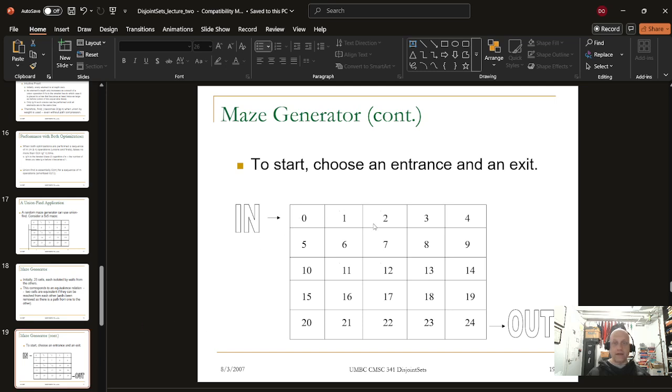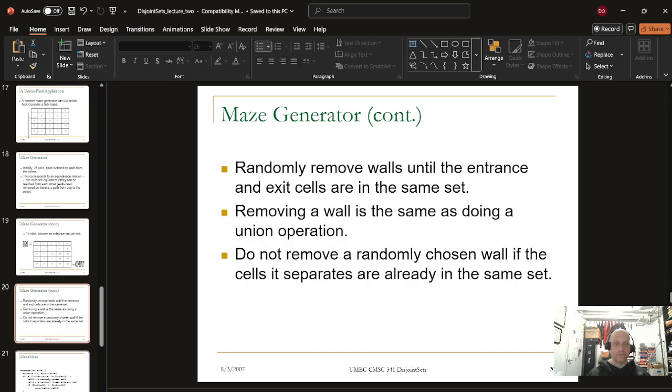So you have an entrance and an exit of this basic matrix here. If you want to generate a maze, you can randomly remove walls until the entrance and exit cells are in the same set. Removing a wall is the same as doing a union